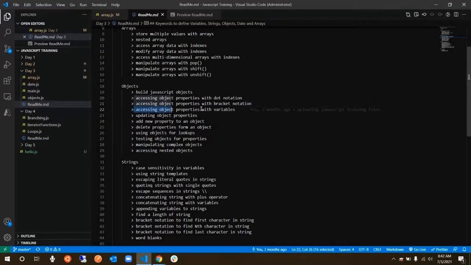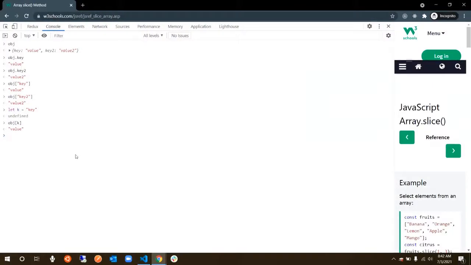The next is updating object properties. You can simply do object.key is equal to value. Instead of value, you'll just say val, and then go back to object. You can see that it got updated. So just use dot notation and then update the value with whatever you want instead of the previous value. The same goes true for all of this. You can access it however you want, just do the assignment operator and it works all good.